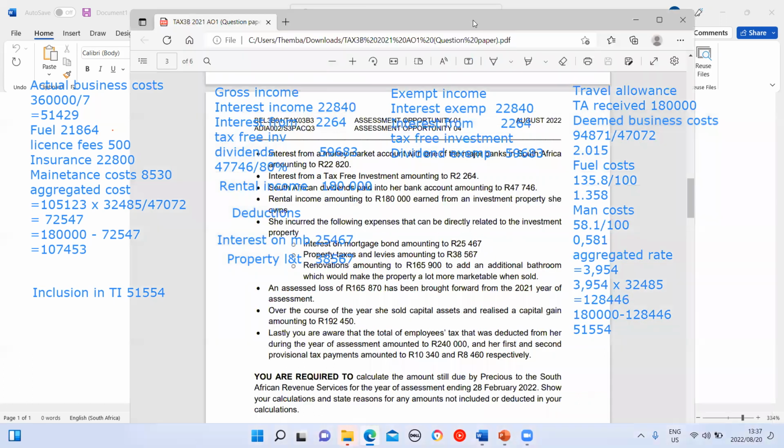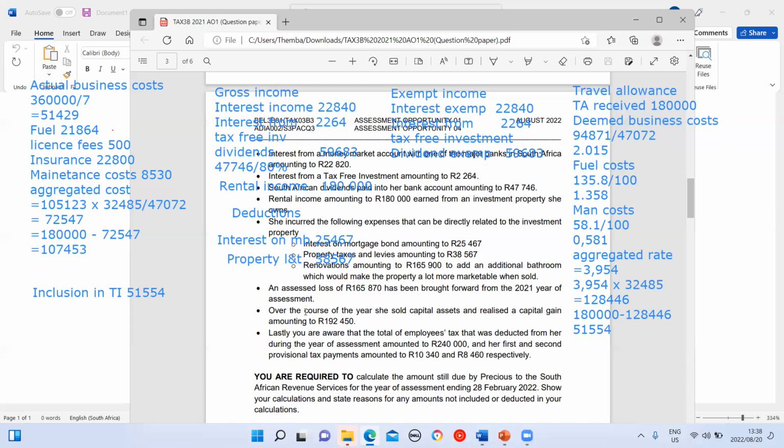So just move on. They said then assessed loss which has been brought forward from the 2021 year of assessment. Remember what I said? I said that gross income minus exempt income less the deductions, and after you've done these three components, that's when you deduct your assessed loss. But unfortunately, as you remember, my other calculations have been deleted as a result of Zoom technical difficulties. So I won't be able to show you the calculation, but